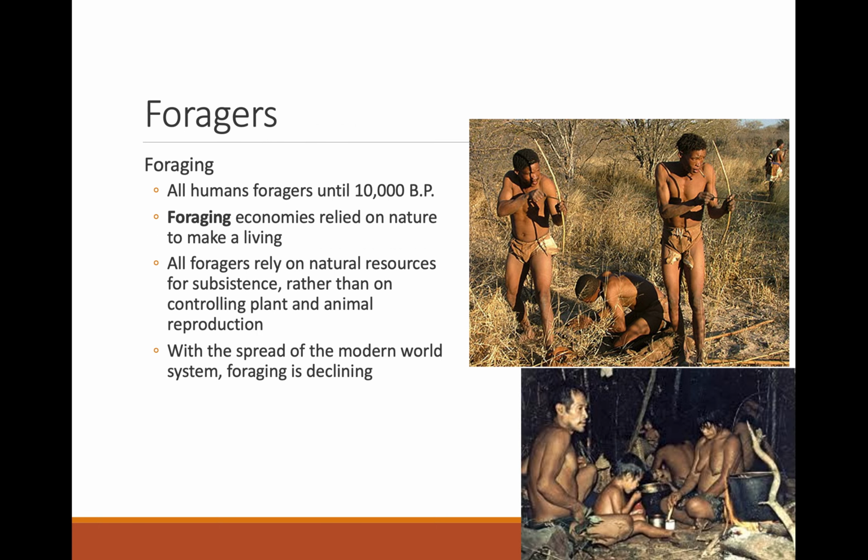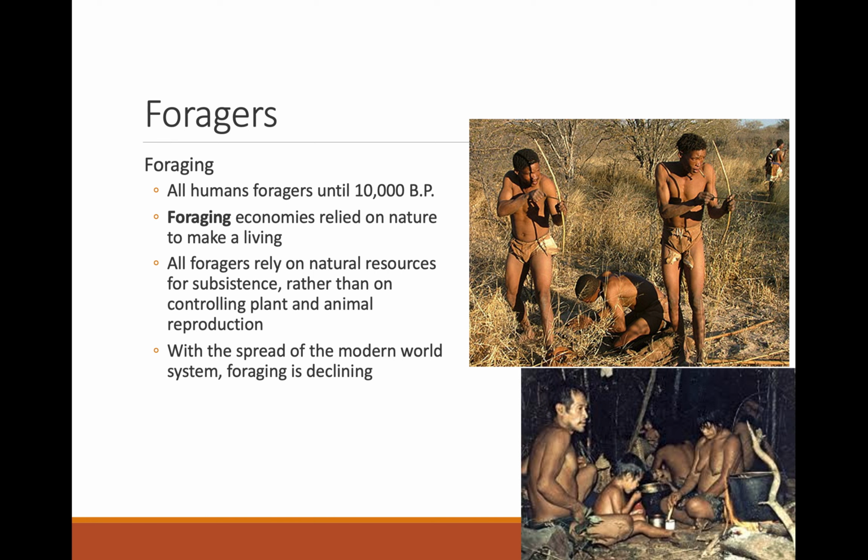So we'll start with foragers. Foragers we've been talking about really since we started talking about hominin evolution. When we look at how humans have lived their lives for the vast amount of time that we've been alive as a species, right? We have lived as foragers. We could argue that the first forager or active hunter gatherer, as we mentioned in our human origins lectures, right, was Homo erectus. That we really have Homo erectus to thank for our specialization as active hunters, right?